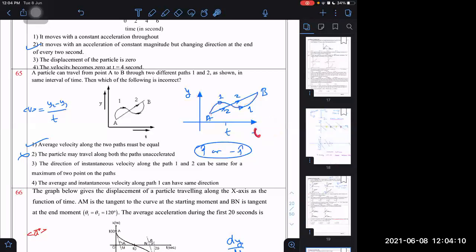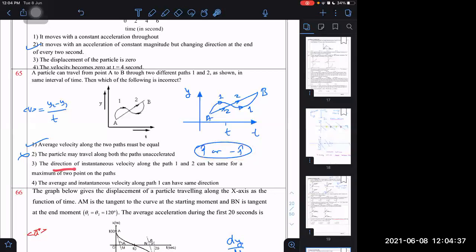But if it is y versus t, or velocity versus time, or acceleration versus time, then these are just curves plotted by connecting several points, and those points we have made by noticing the value of displacement at each time: y1 at t1, y2 at t2, y3 at t3, and so on. This idea should always be in your mind. The particle is always moving along the y axis. Therefore, velocity should be either along plus j cap or minus j cap.